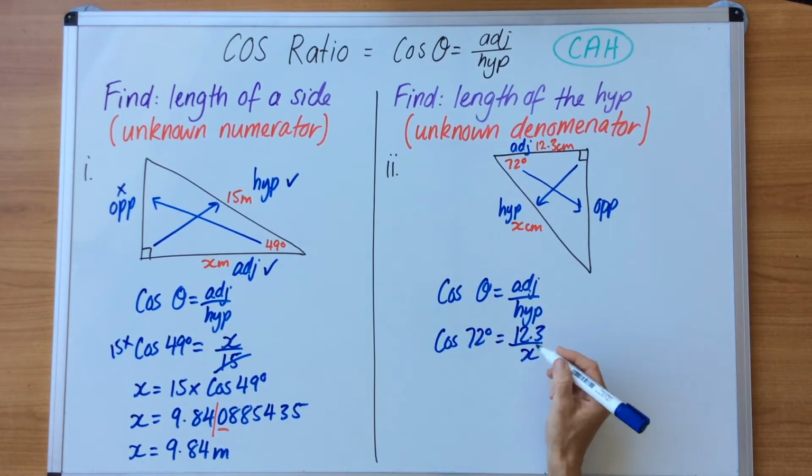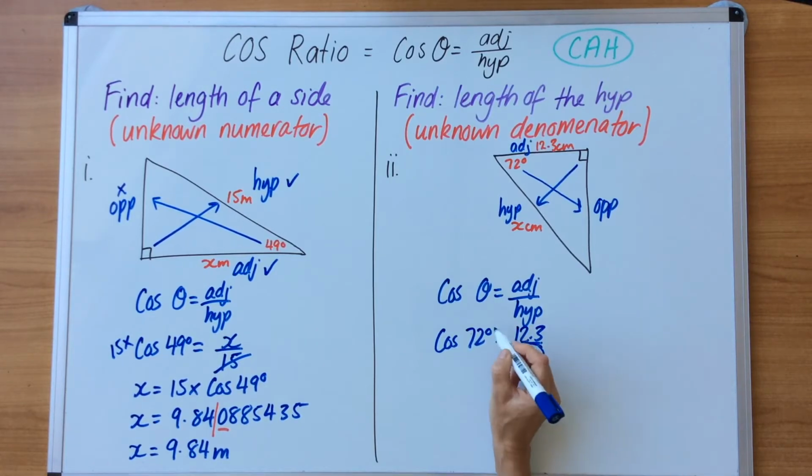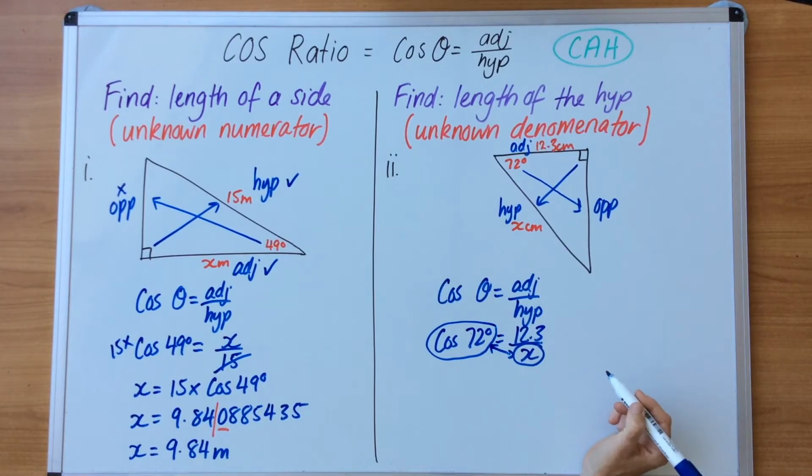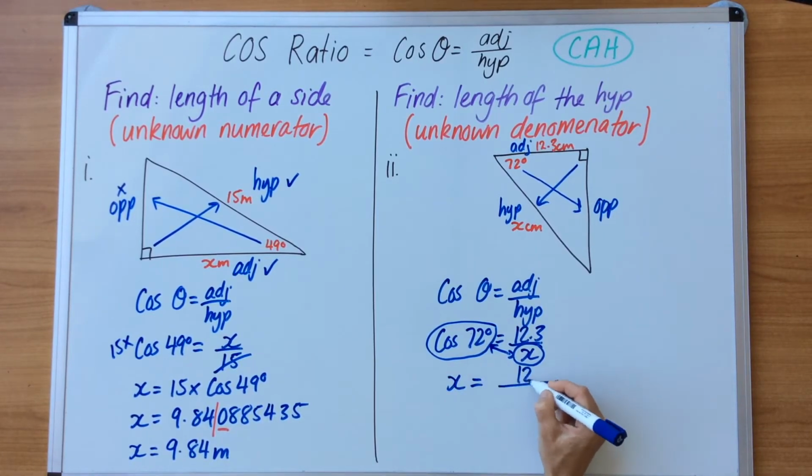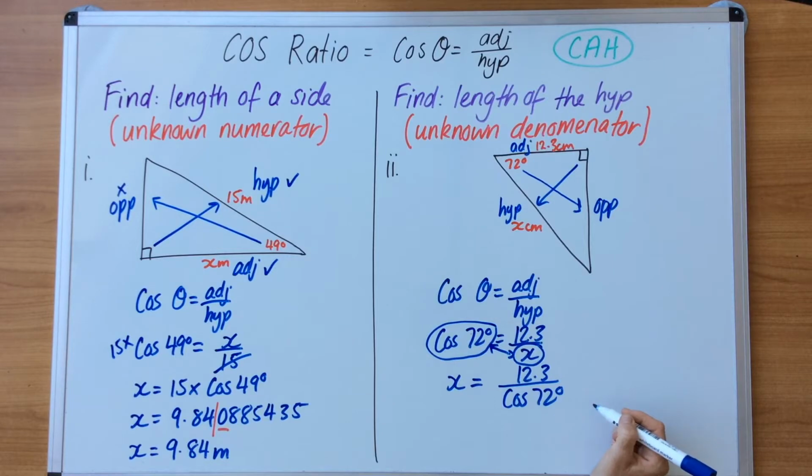Now I need to do some swapping. I'm going to circle the x and the cos 72, and I'm going to swap it. So the x now sits on the left, the 12.3 sits alone on the top as it did before, but now my cos 72 is now on the bottom. And now I work down and I calculate 12.3 divided by cos button 72 equals, and I get a nice big number of